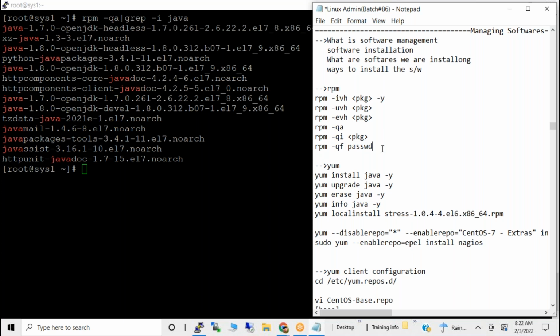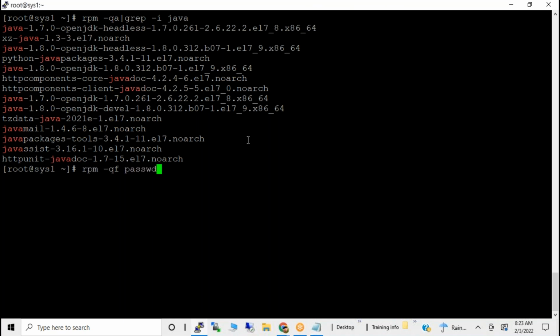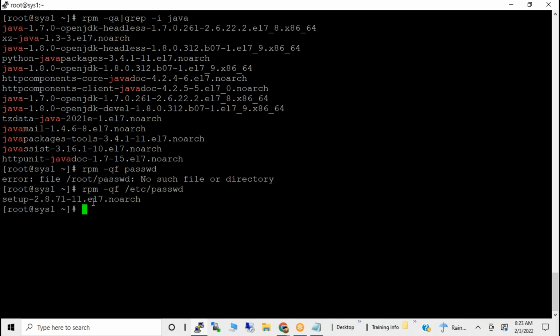So here there is a dependency package. -qf means there is a file, and that file belongs to a specific software. How to see that? Each file is owned by one package. So how to see the particular package from a particular file? Suppose the /etc/passwd file belongs to this package. That means this file is created from this package. Some configuration file, for example, the http website related file,